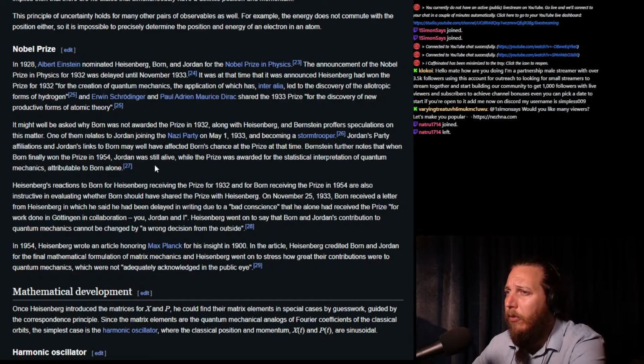It might well be asked why Born was not awarded the prize in 1932, along with Heisenberg. Bernstein proffers speculations on this matter. One of them relates to Jordan joining the Nazi Party on May 1st, 1933, and becoming